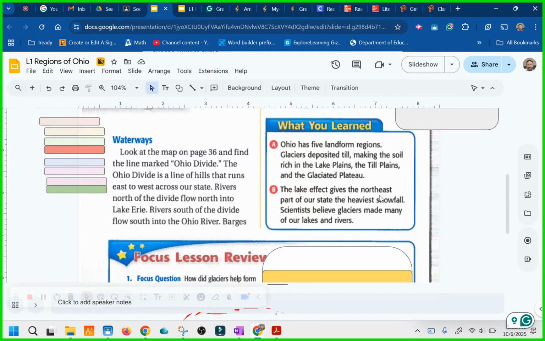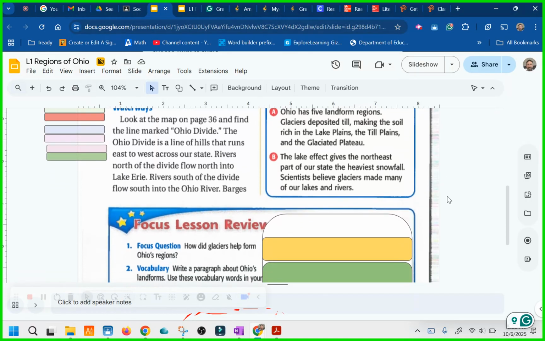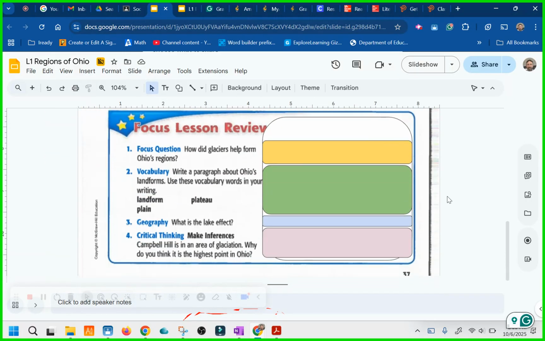What we learned. Ohio has 5 landform regions. Glaciers deposited till, making the soil rich in the lake plains, the till plains, and the glaciated plateau. The lake effect gives the northeast part of our state the heaviest snowfall, and scientists believe glaciers made many of our lakes and rivers. All right, today I want you to answer the focus question, vocabulary,